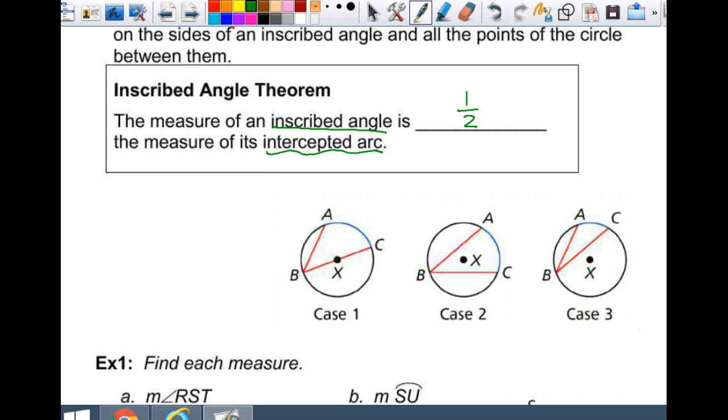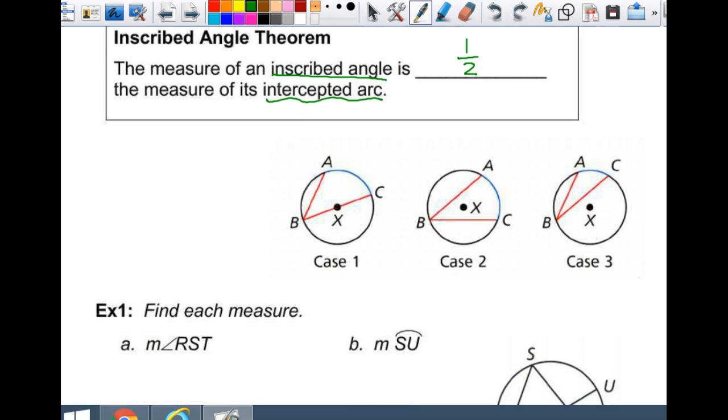And then there are 3 cases here of different inscribed angles, and they all, if you see, the vertex is on the circle every single time. The sides are chords every single time. This chord right here, BC, is also a what? Diameter. So the center is on the angle. Here the center is inside the angle. Here the center is outside the angle. But it doesn't matter. There's still all three inscribed angles, and they all still have half of that intercepted arc,